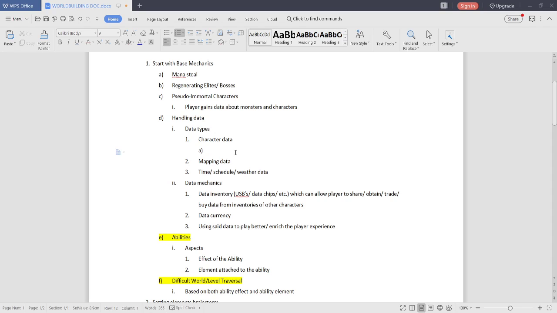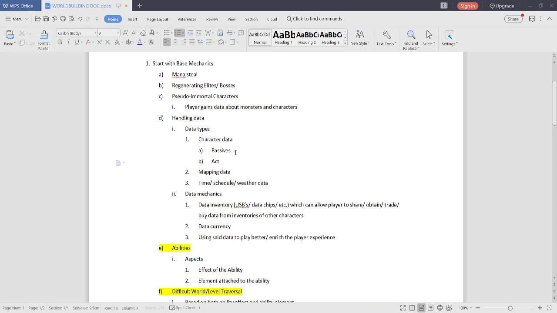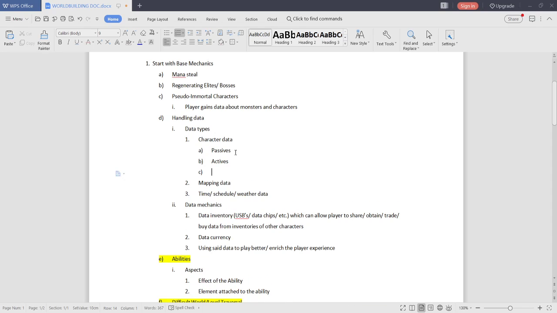But on to detailing what kind of character data exists. It's kind of like detailing the stats: passives and actives. Technically, we could put this map and time schedule data under character data as well, because the mapping data would be, for a monster, where do they roam, or for a character, where do they chill a lot, or where do they work a lot.